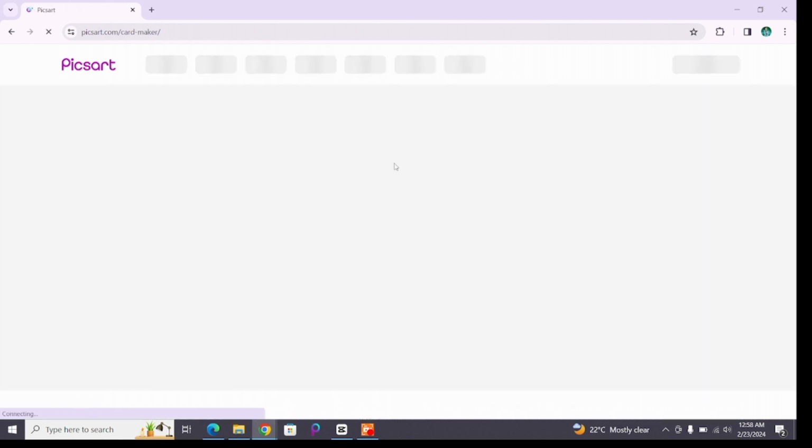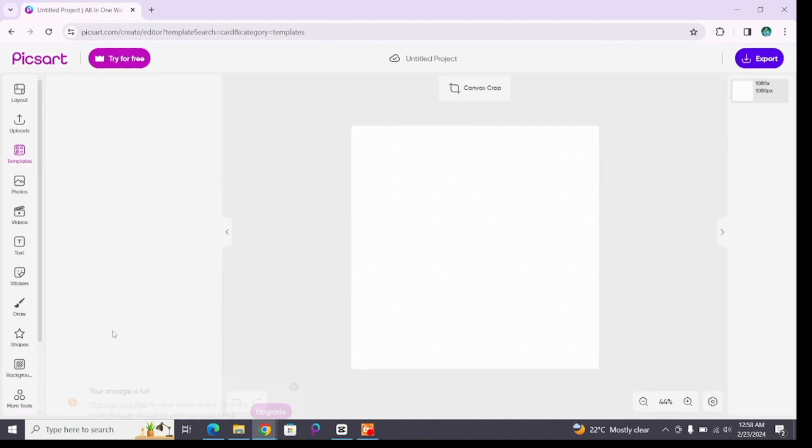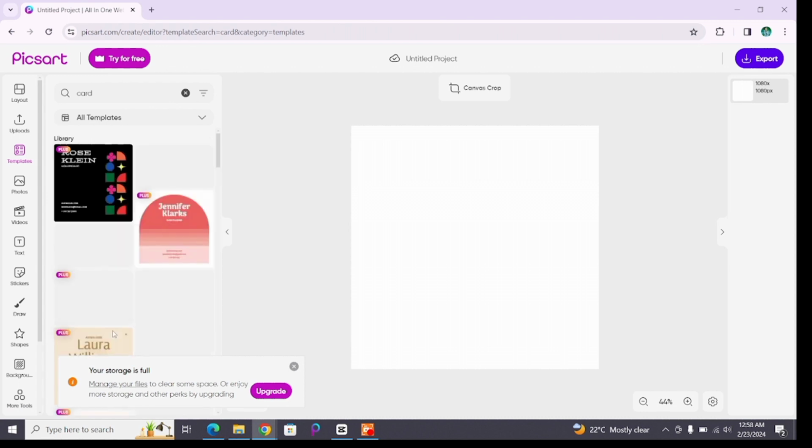Click on it and again you will be taken to a new page. Here in this page, you will have to click on that make a card option at the bottom left to start editing your card. Once you reach the editing space, here at the left side you will find different card